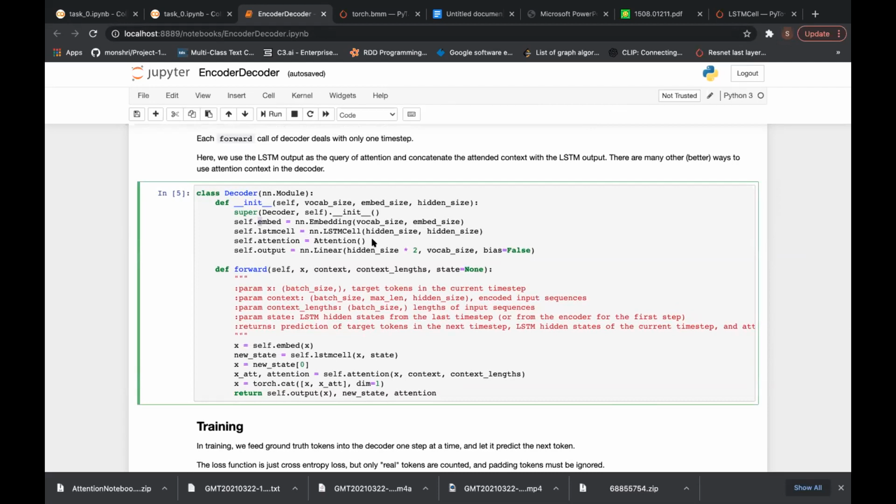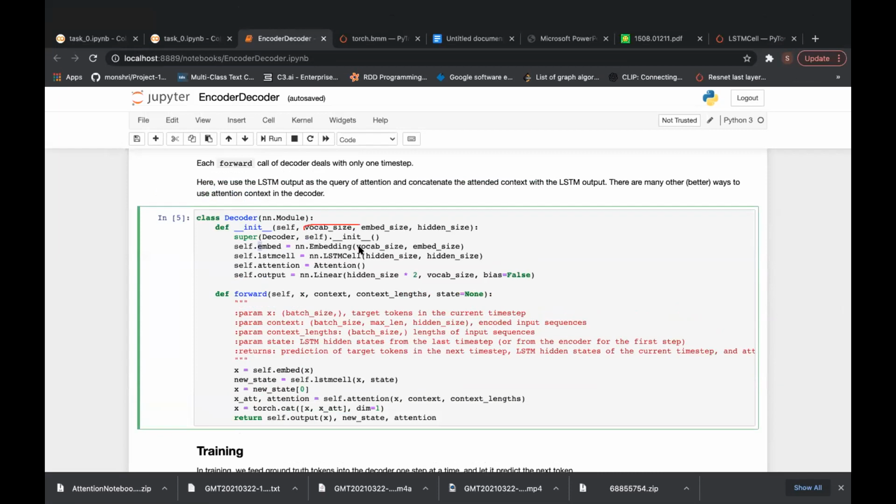If you see, you have another embedding layer, which does the same thing as we have done in the encoder. Now, another difference that you need to notice is that we are not using an LSTM layer here. Rather, we are using an LSTM cell. This is so because